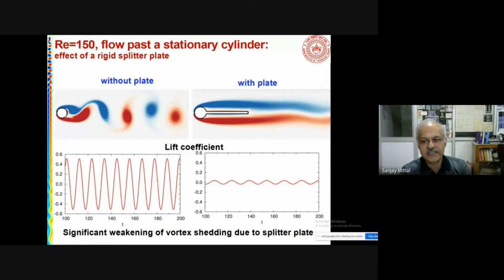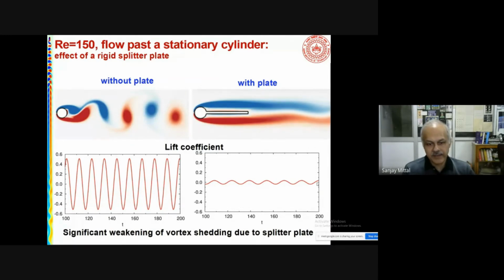And you can clearly see for this Reynolds number, 150, and for this length of the plate, the vortex shedding is kind of weakened quite a bit. Okay, if you took a larger plate, it is conceivable that you should be able to suppress the vortex shedding